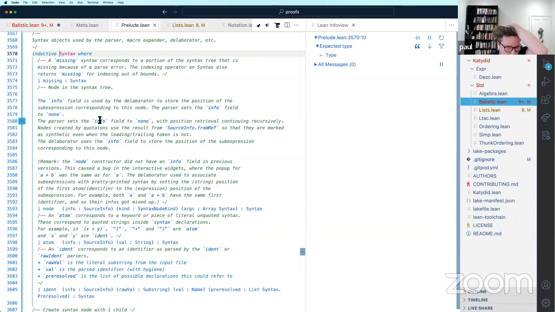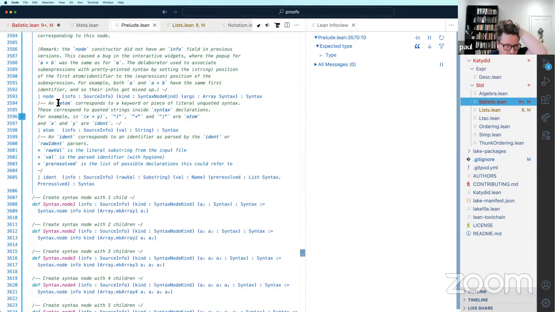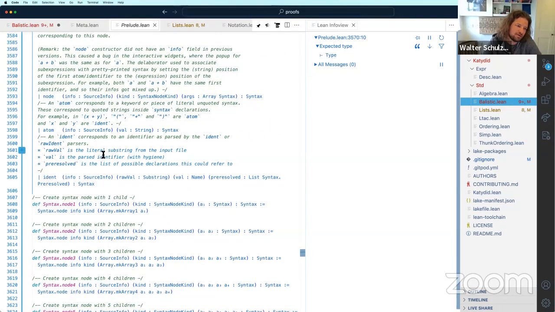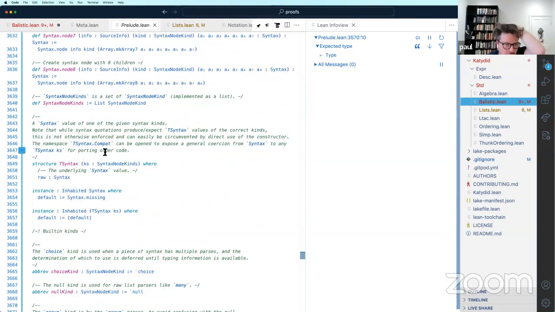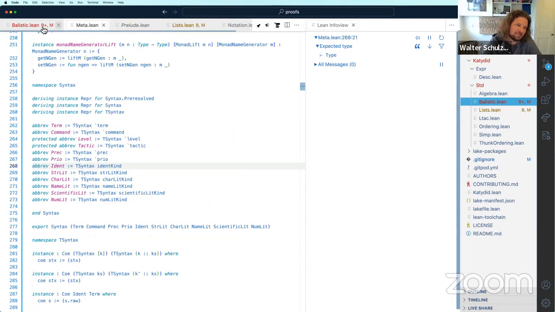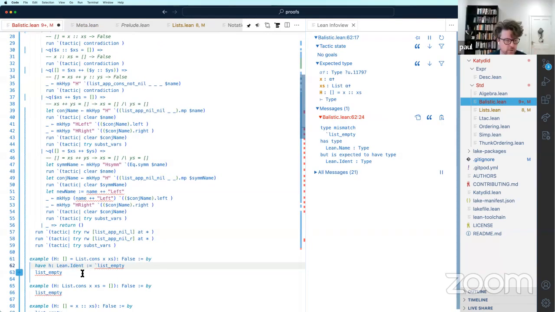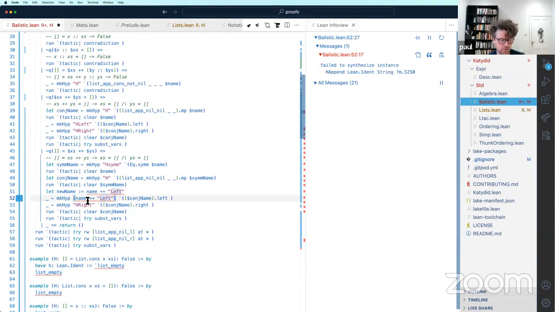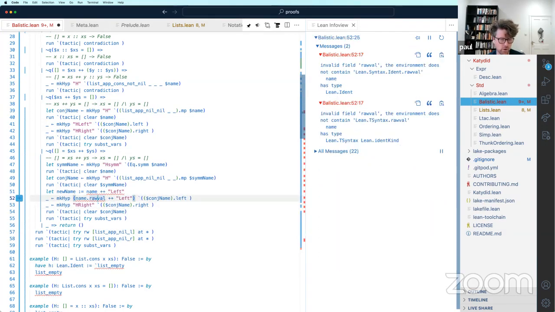raw val. atom node.raw val. I don't think it's val, but, well, raw val was a property. Raw val, I think.